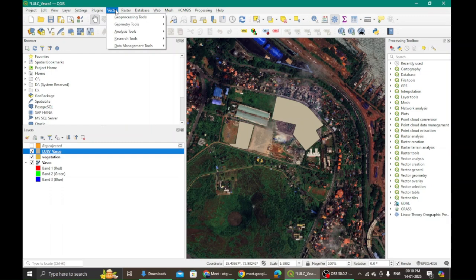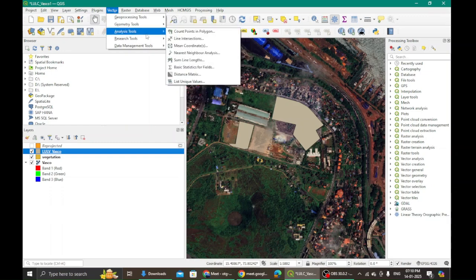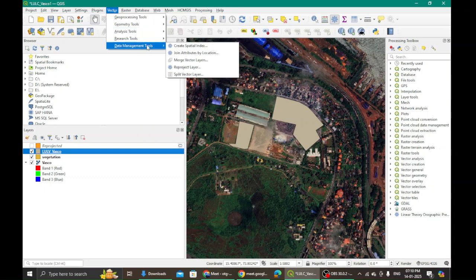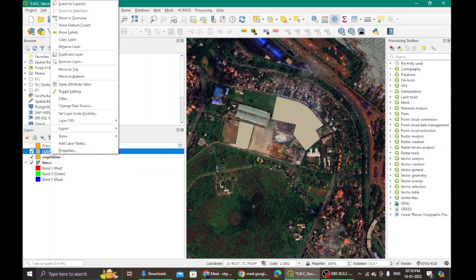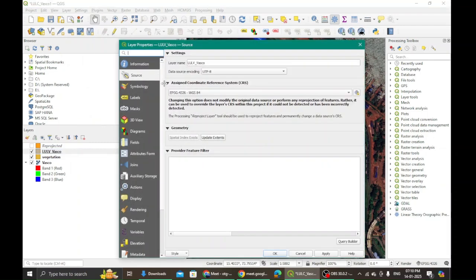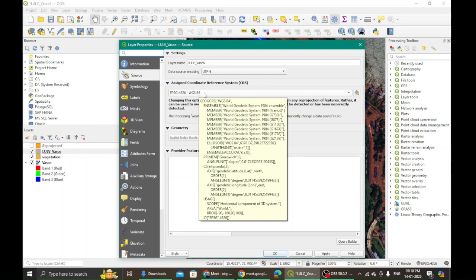Go to this vector tool. A participant asks where to right click, on the LULC file or the vegetation file. It is the one that you want to convert into UTM. So right now I want to convert this LULC file, the polygon file you must have made. Right click on it, check its properties. I specifically asked you to make it in WGS84 so that we will be able to do this exercise.